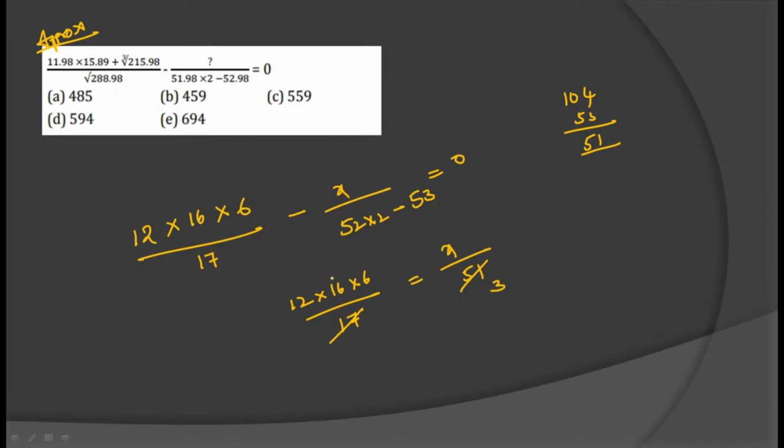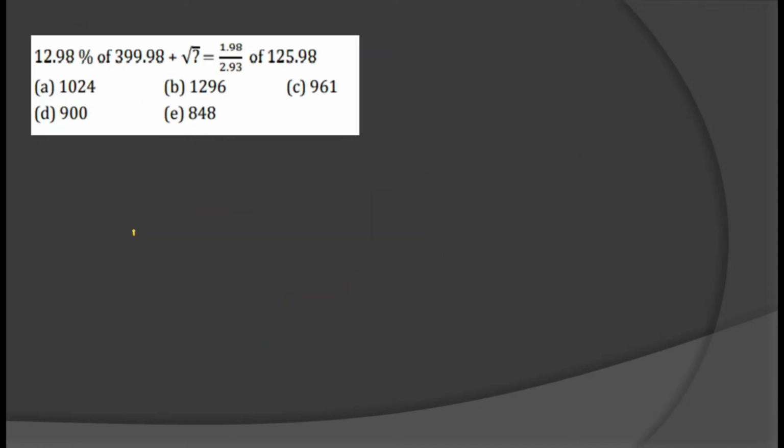Now here the value. So 16 into 12, 16 tens are 160, 16 twos are 32, 192. Now 192 is multiplied with the 18. Now see the 1920, 8 times, 8 twos are 16, 8 nines are 72. Now see 192 plus 6 is equal to 198 is multiplied with the 3 times. 8 threes are 24, 9 threes are 27, 29. Here the value becomes 590. The 590. The next one, 12.98 percent means 13 percent of 400 plus the root value of x exactly